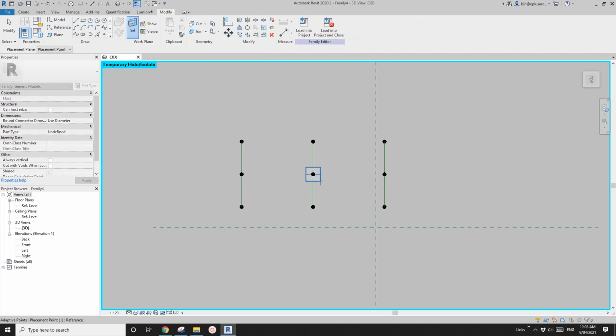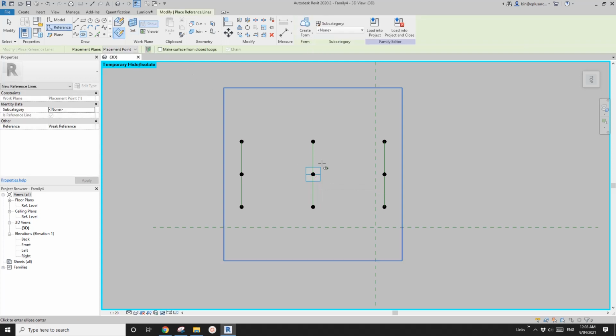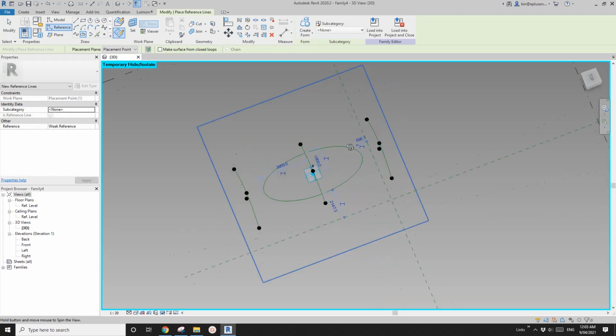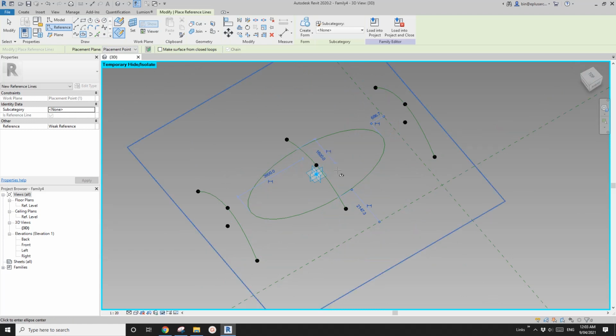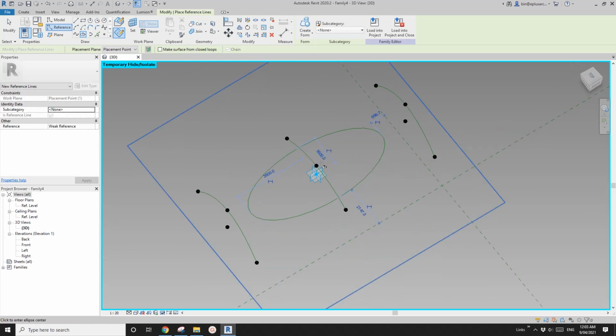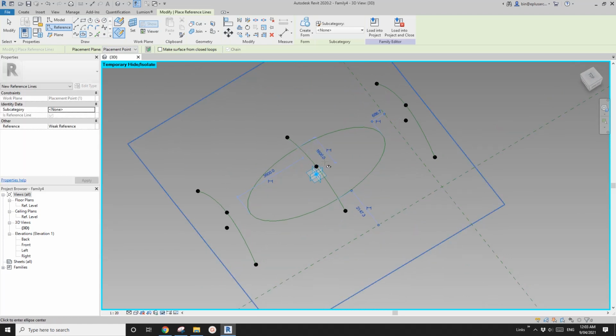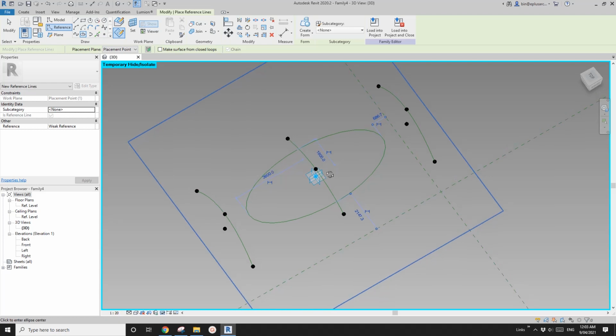So this one, okay, and then draw this ellipse. So you can just roughly draw it like this, and then you will see we have all these temporary dimensions. Okay, so we can just click on them